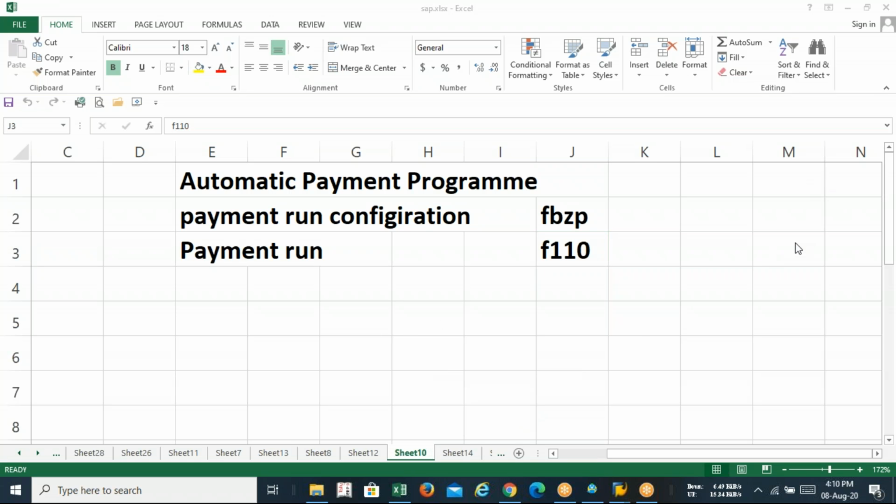So manual payment we have already configured. How to configure the manual payment, F-53. So I think that is also running in your company code, the manual payment option. Here we are supposed to configure the automatic payment option. So we have seen how to make the payment with cash. We have seen how to make the payment via bank, but manually.